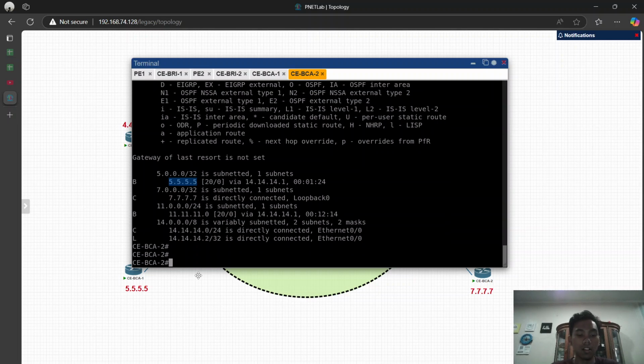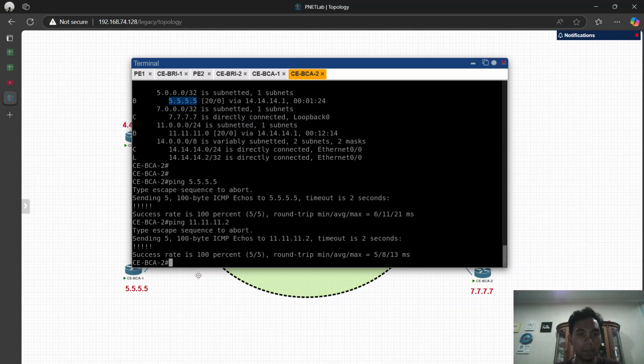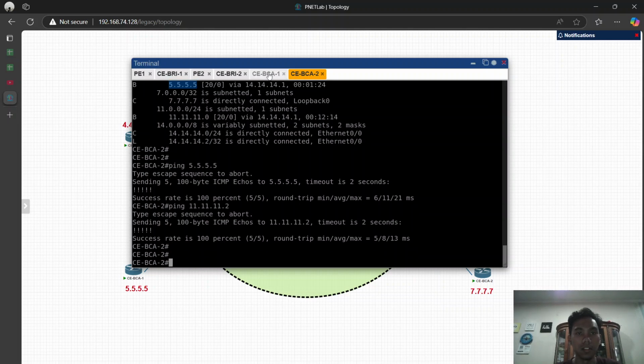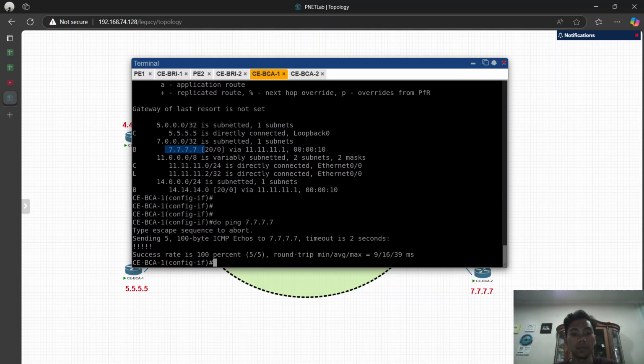It's okay. Now we can ping to the 5.5.5.5. Okay, and also we can ping the IP address. Okay, from the CABCA1, ping to the IP loopback.